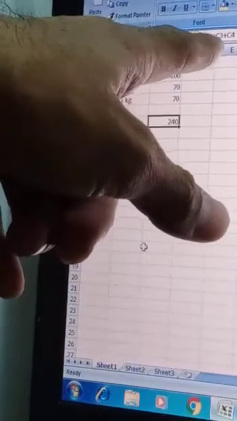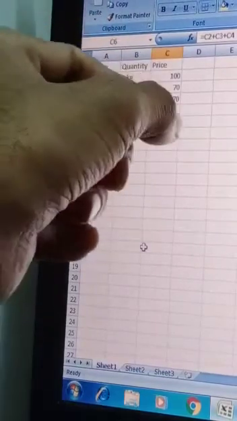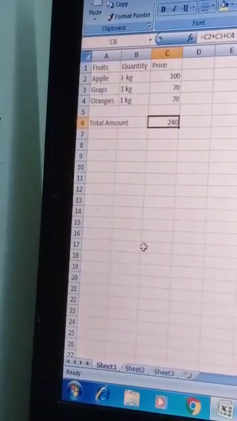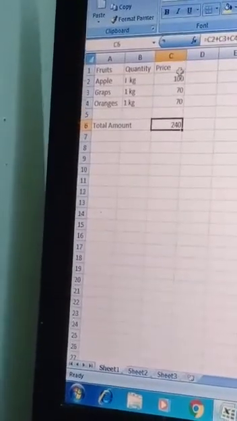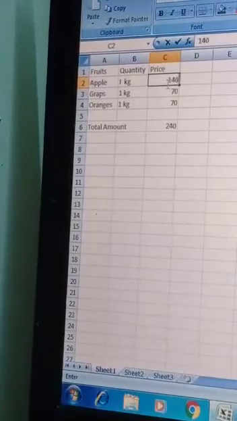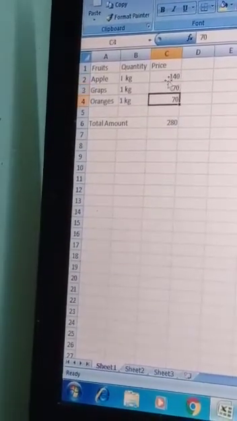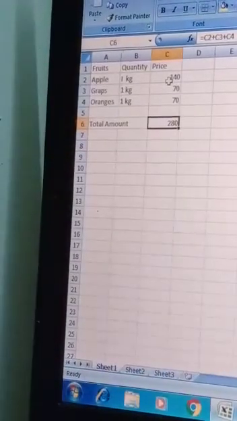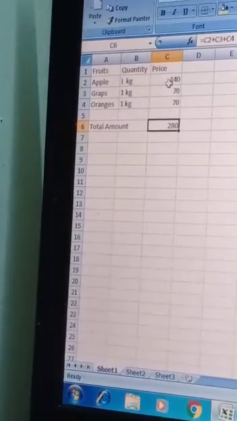Equal to C2 plus C3 plus C4. I added these three, and actually it is taking the address of the particular cell. Whatever the value we have in that, suppose we want to change the values, then we can get a different amount. Suppose we change it to 140, then the value will be changed automatically here. It will be changed automatically.